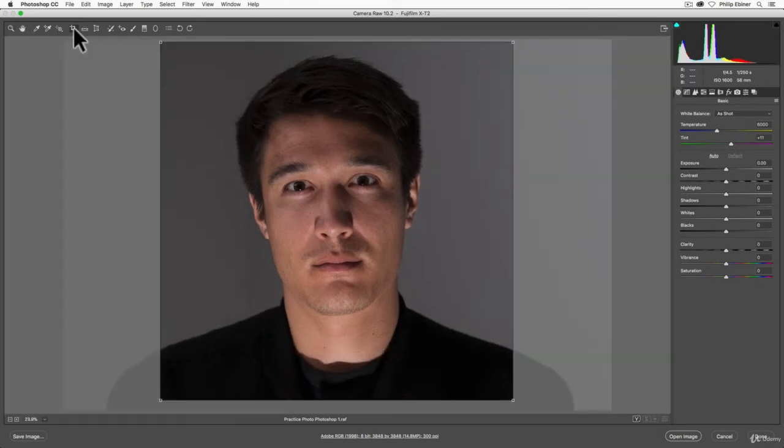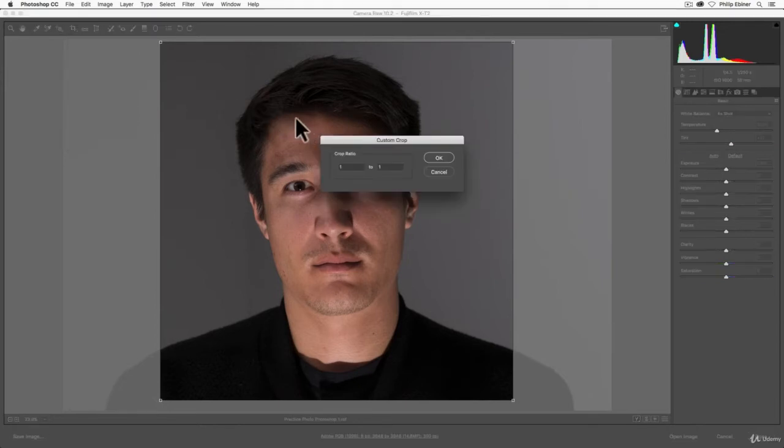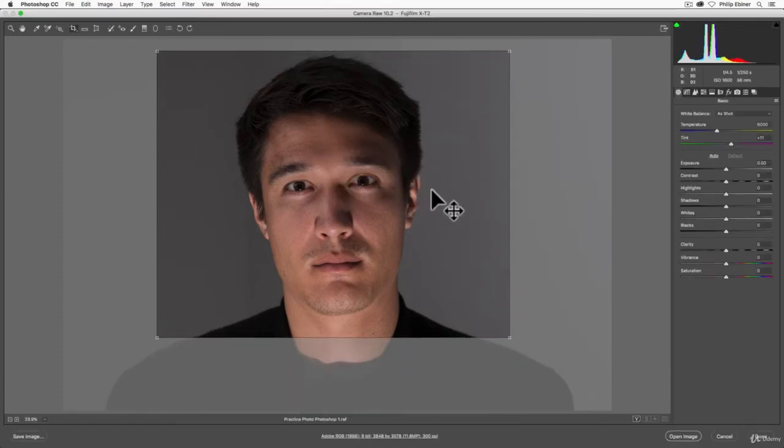I'm going to go back into my crop, and you'll see that you have more options like 5:7. And if you want a specific aspect ratio, for example, for a print like 8.5:11 or 8:10, then you can create your own custom crop. So say I want an 8:10 photo, then I would create that 8:10.